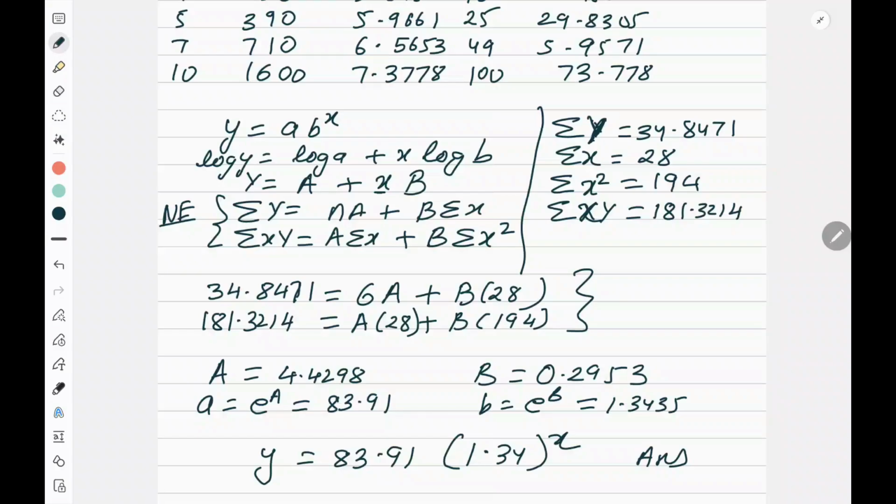Okay, so this is how you have to do the curve. In this I can also put or ask the question, for x is equal to say 7.5, what is the value of y? So you just have to put x is equal to 7.5 and you can get the answer, right? So now let us see one more question.